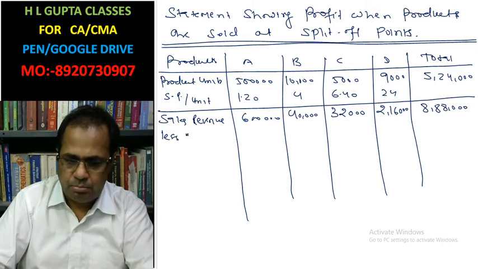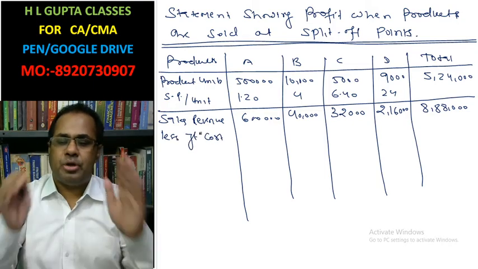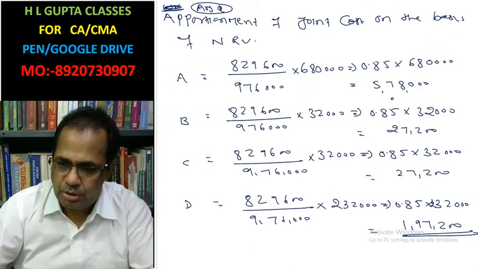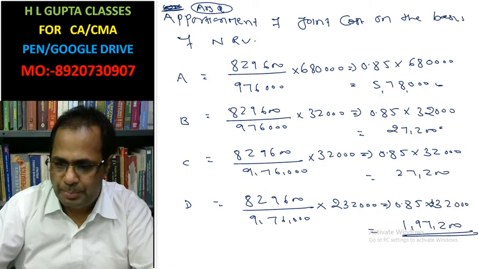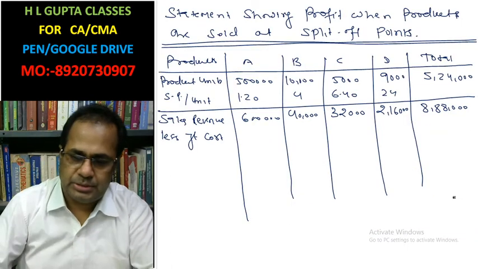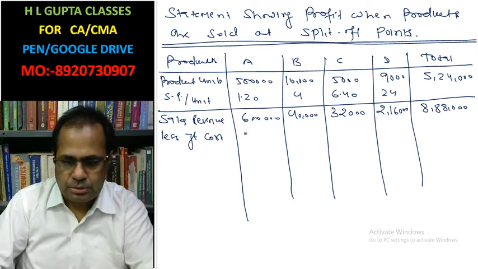Less joint cost, which is calculated on the basis of net realizable value. These are the joint costs we have calculated on the basis of net realizable value. Okay, please. Joint cost